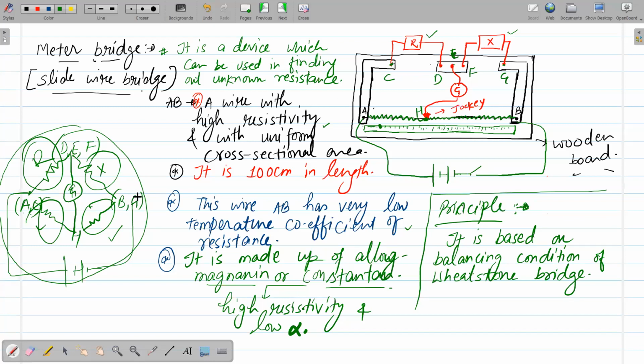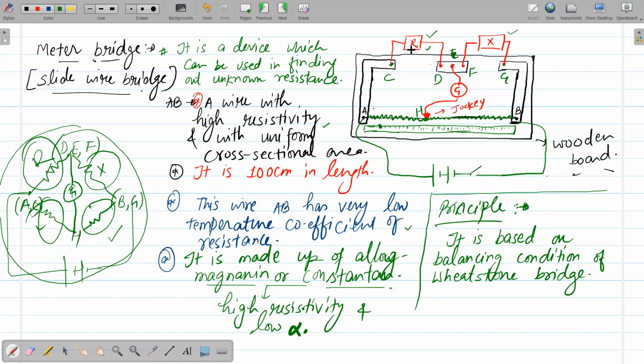But we need not draw it again and again, right? Now onwards we'll keep this in our mind: this is one resistance, and across the other part will be another resistance, and this is another resistance. So every time you face such a meter bridge, directly have this idea of which resistance ratio must be equal to which resistance ratio in order to get the balancing condition of the Wheatstone bridge.